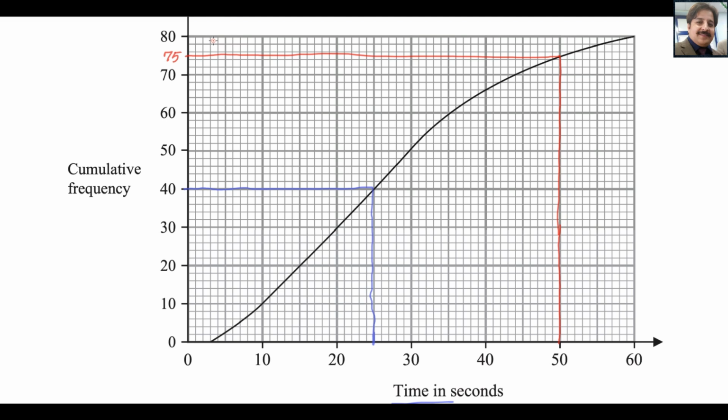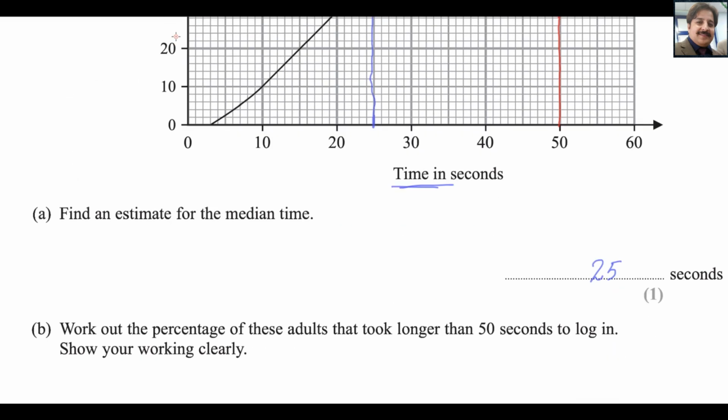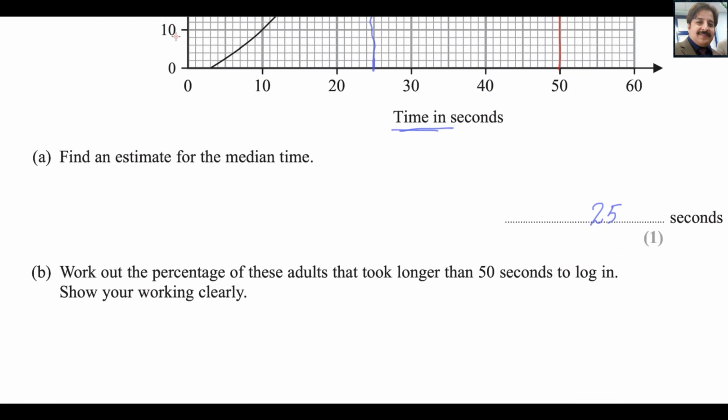So the number of adults that are taking more than 50 seconds is this portion. This portion means the number of adults taking more than 50 seconds is more than 75. From 75 to 80, how many adults are there? So the number of adults that took longer than 50 seconds is